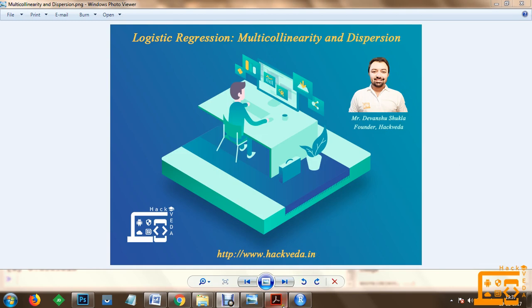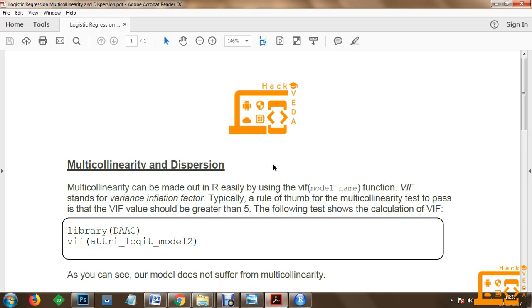Let's get started. As far as multicollinearity is concerned, it can be made out in R easily by using the VIF function, and you can quickly specify the name of your model. VIF stands for variance inflation factor. Typically, a rule of thumb for the multicollinearity test to pass is that the VIF value should not be greater than 5.